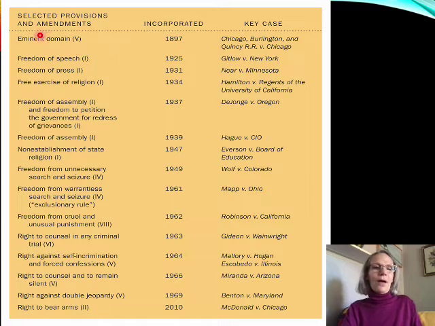So check out how long it took, right? The first liberty to be incorporated was in 1897, and it was the Takings Clause from the Fifth Amendment. This is a case very similar to John Barron's. It didn't have to do with a wharf owner, but it had to do with railroads, right? And that was the first liberty that was incorporated. And then, next in 1925, speech, 1931, press, and some of the criminal justice